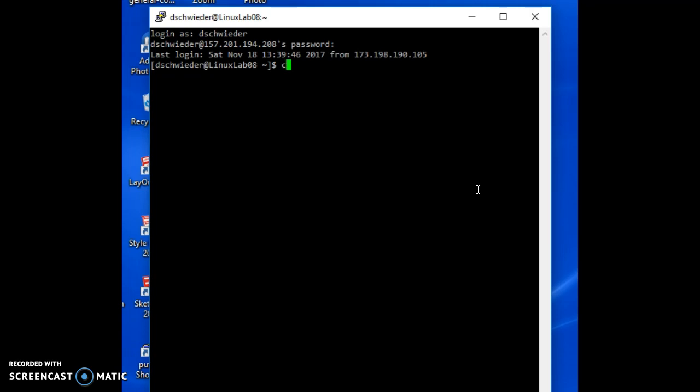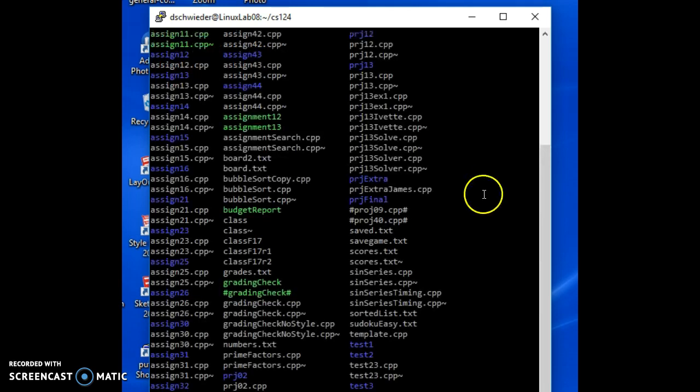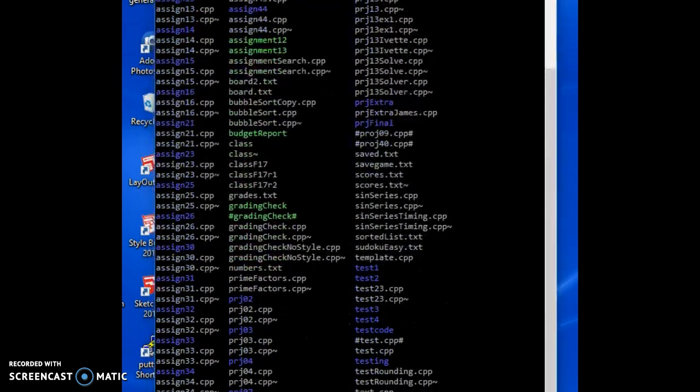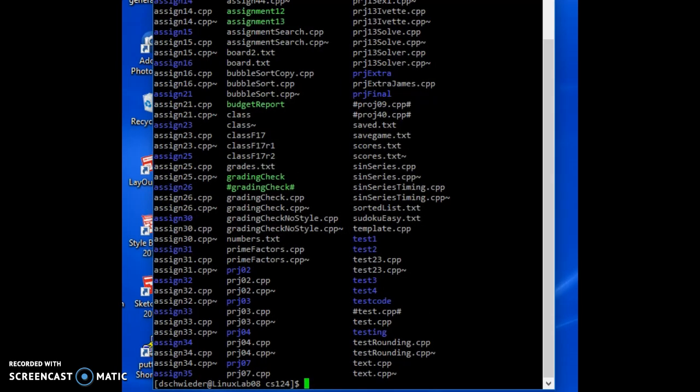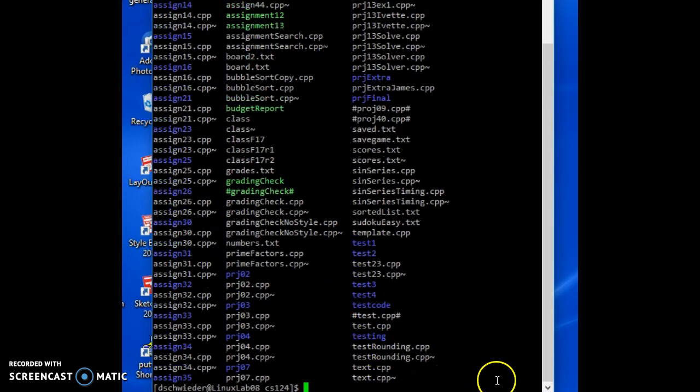One of the commands you'll use is change directory. You don't need to do this, but I do. So I go into a directory for this class. Another thing that is helpful is to list your directory so you can see your file names. That's an ls, and you can see how it moves on down. Okay, now my window's too big here, so let me scroll it up here, and so you can see the cursor still.